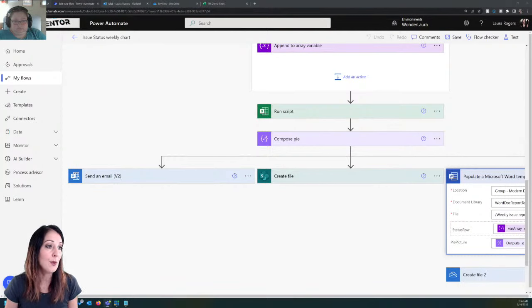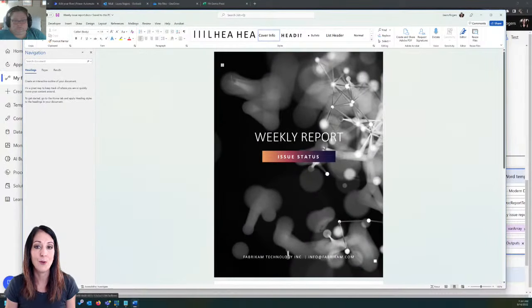Now the Word template, what is that? So I went into Word, and I wanted it to look lovely, but I didn't want to spend much time. You know how Word has all those built-in templates? So I found a template that looked like a weekly report, and I just picked it because it looked pretty,